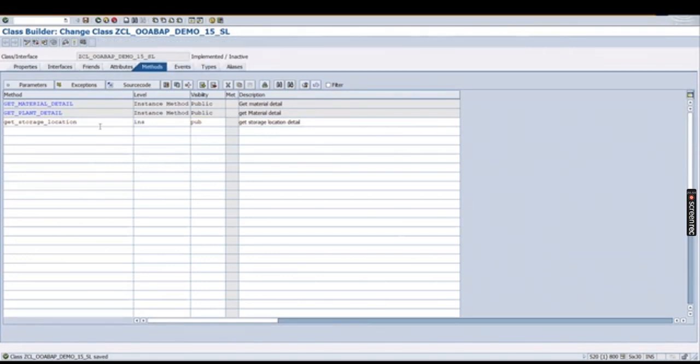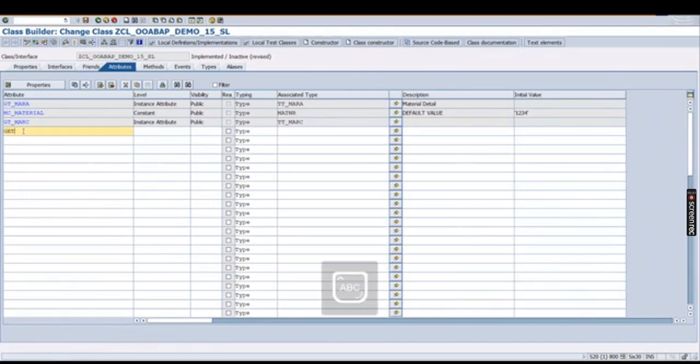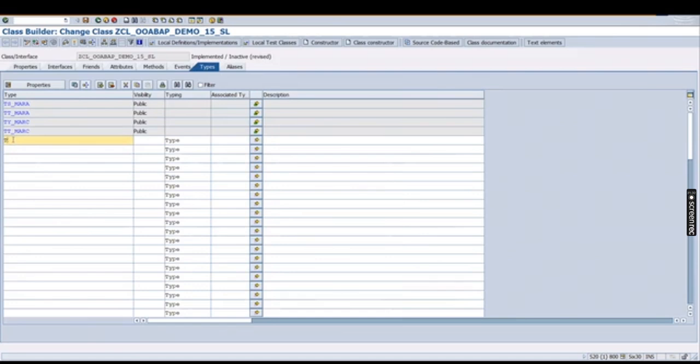It's simple. Again, I'm going to click on this attribute and I have to add gt underscore storage sl. So for storage location, what is the table? MyD, right? MyD is the table, so just simply I'm putting gt underscore MyD over there, instance public, and come over here tt underscore MyD. But tt underscore MyD till now we have not declared, right? So it will start giving you error. So just giving a value which is already declared, right? And I will come over here and give the tt underscore MyD